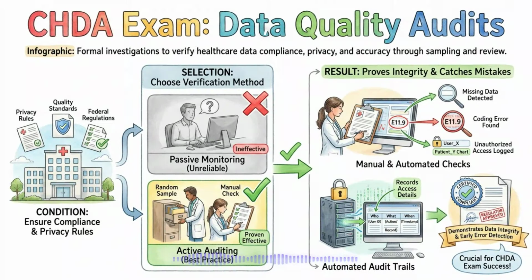This is supported by automated audit trails, which are hidden computer logs that record exactly who opened a patient's chart and what they looked at. Regular auditing is the absolute best way to catch mistakes early and prove to federal regulators that the hospital takes